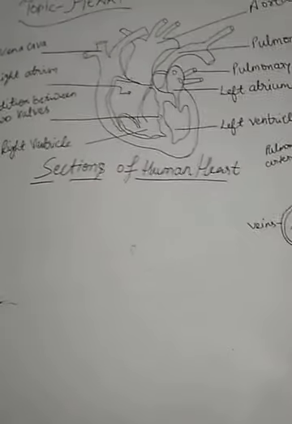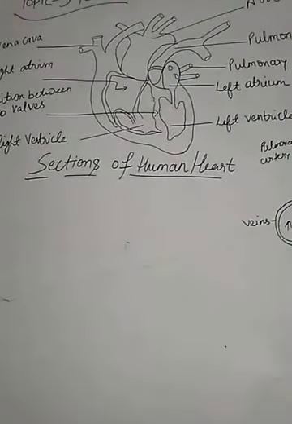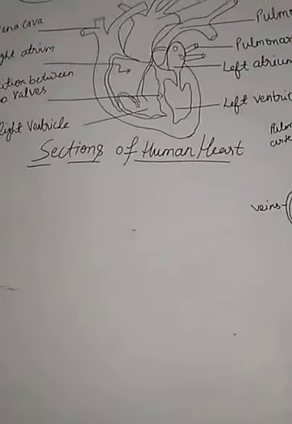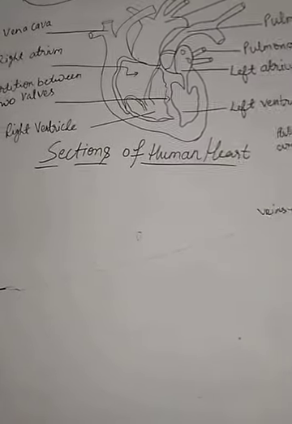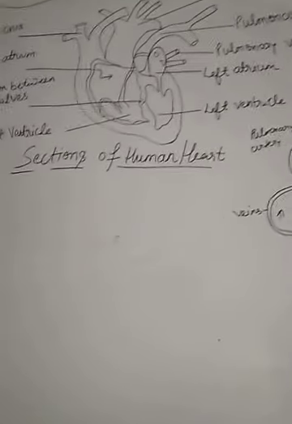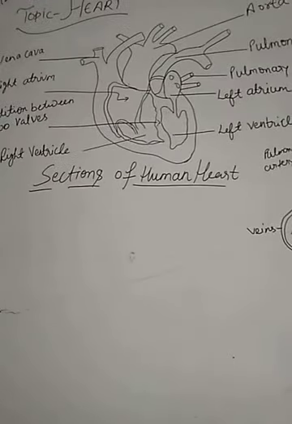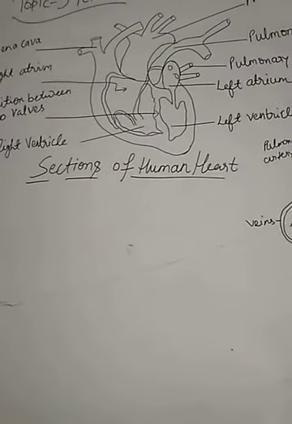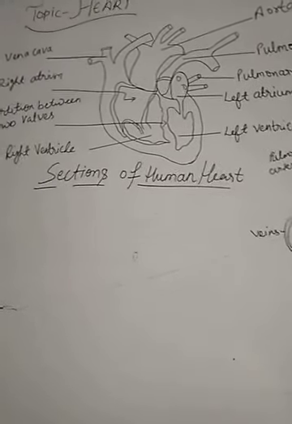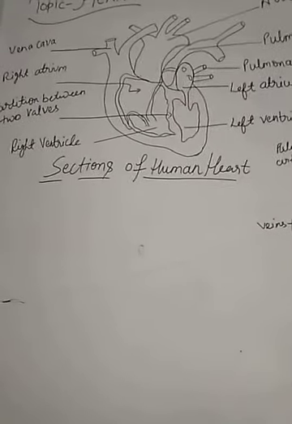Children, some animals like sponges and hydra do not possess any circulatory system for the transportation of materials. The water in which they live brings food and oxygen as it enters their body, and the water carries away waste materials and carbon dioxide, removing them from the body. It means these animals do not need a circulatory system or a fluid like blood.